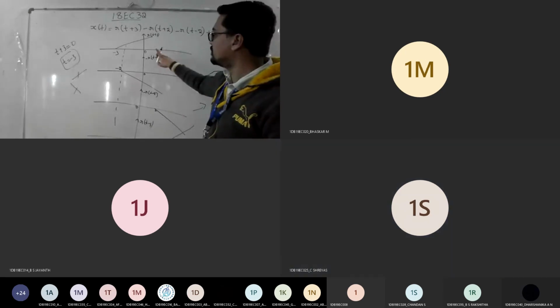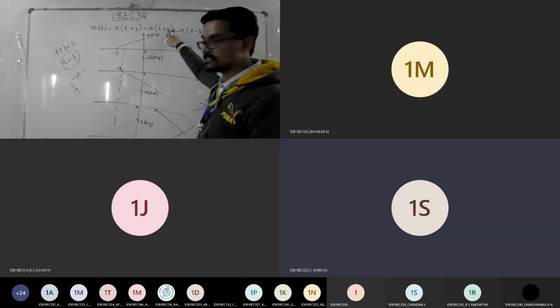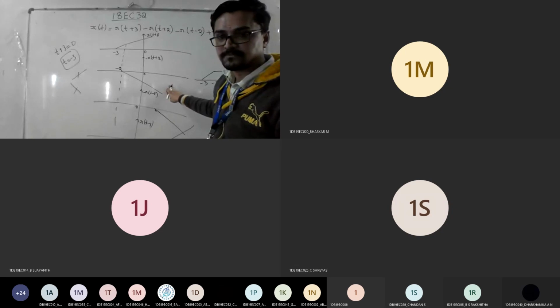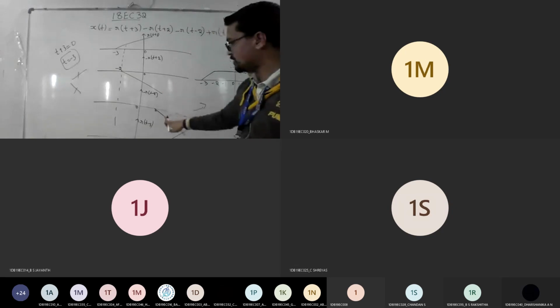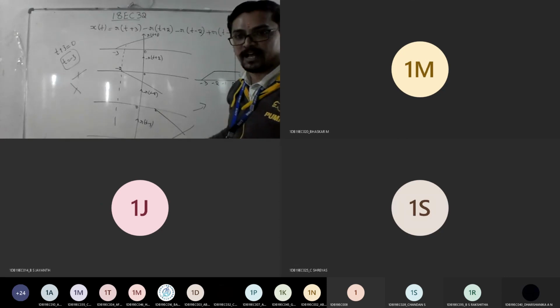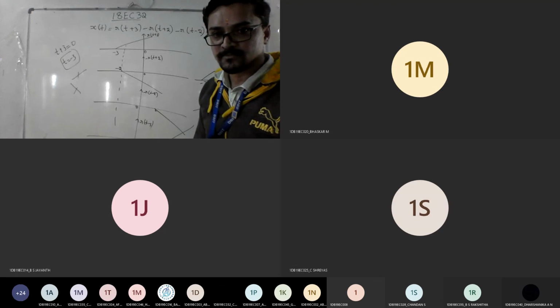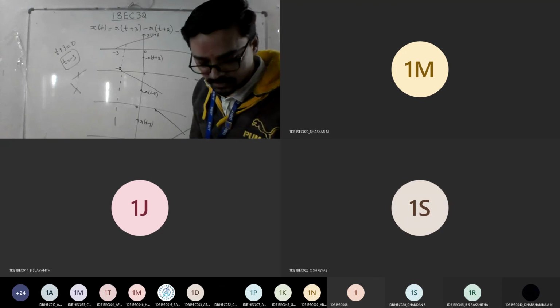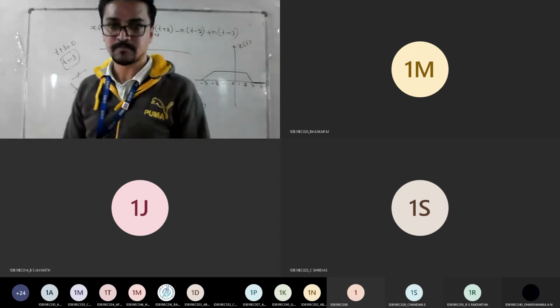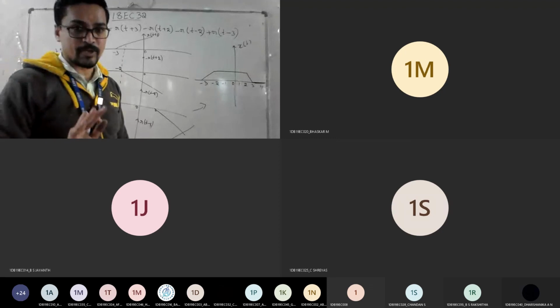Now look here, 2 to 3. Signal is there here, it's there here also, but this plus and minus get cancelled. Then look here, from 2 to 3 the signal is going downwards and here it is going upwards. Again cancel. Yes or no? Yes, sir. So what should I write for 2 to 3? The signal dips towards 0, and from here onwards it is completely 0. Is this what your x of t looks like? Yes, sir.